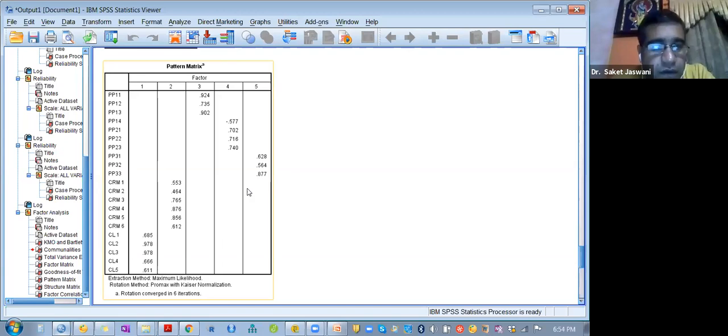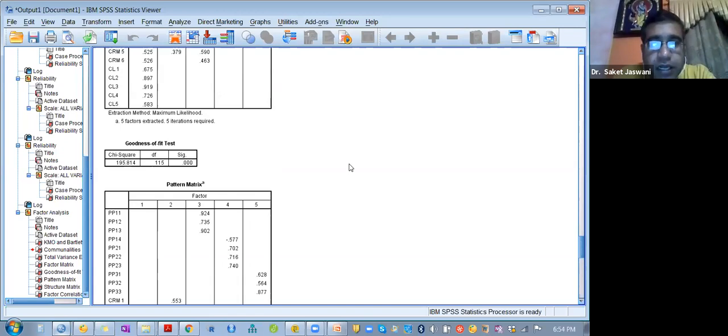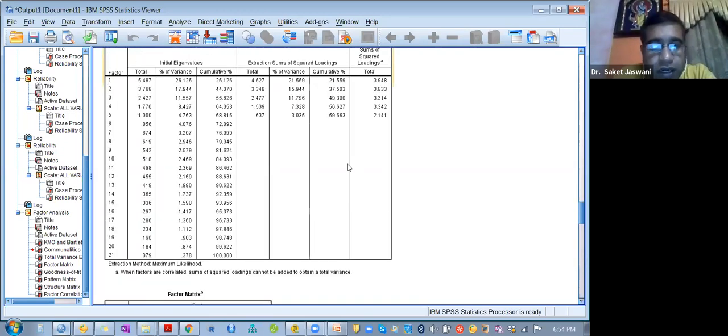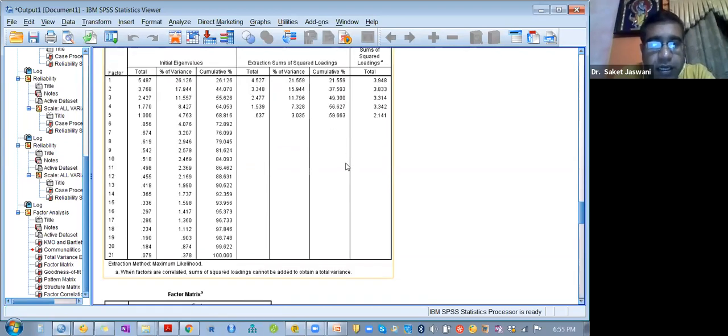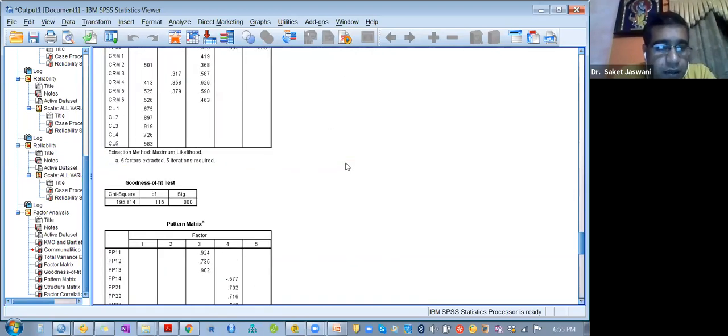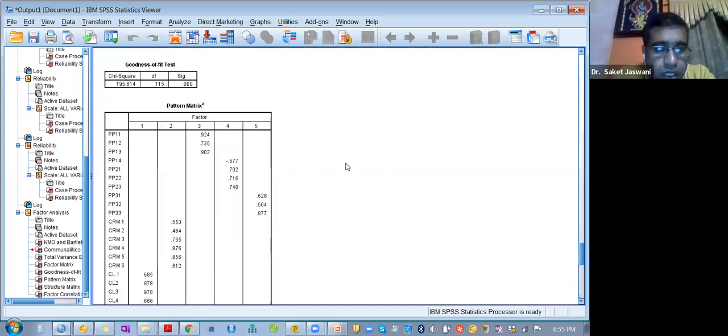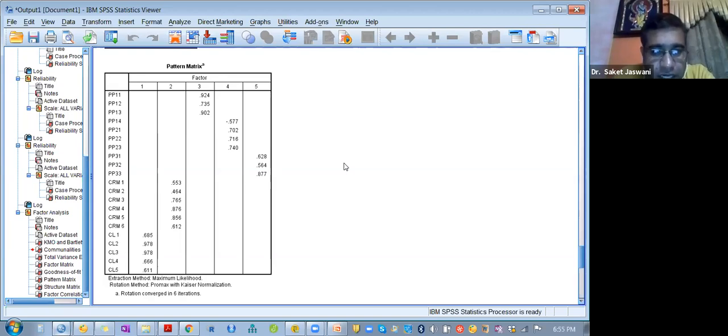बाकी सब देखिए ठीक है, PP1, PP2, PP3 थर्ड में फैक्टर में आ रहा है। थर्ड फैक्टर ने कितना एक्सप्लेन किया है, ऊपर जाइए, टोटल वेरिएंस एक्सप्लेन थर्ड फैक्टर 11.79% एक्सप्लेन किया है, ठीक है। देन PP21, 22, 23 किसमें आ रहा है, ये फोर्थ में आ रहा है, ठीक है। PP31, 32, 33 फिफ्थ फैक्टर में आ रहा है, सारी लोडिंग वैल्यूज ठीक है। PP32 कम है थोड़ी सी, 0.564 है, लेकिन चलेगा, एक्सेप्ट कर लेते हैं, 0.5 के ऊपर तक आप एक्सेप्ट कर सकते हो।